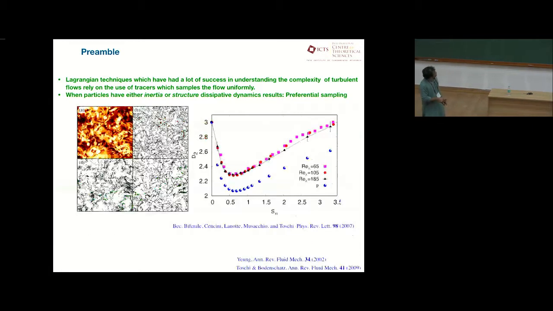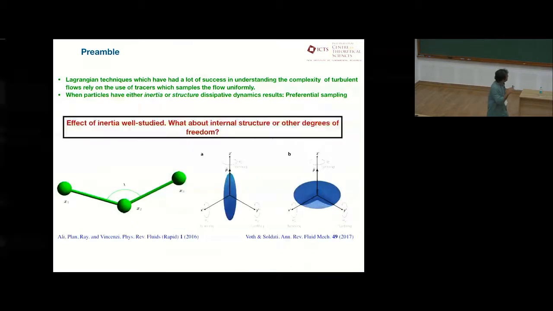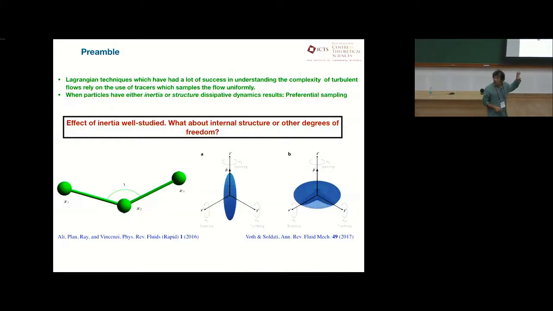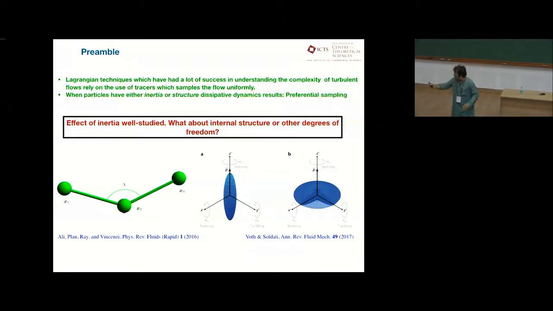However, when you have inertial particles, that's one sort of particle that I had flashed, you end up with preferential concentration, and you sample only a bit of that phase space. So you preferentially sample the flow. That is well studied. Various groups have studied the role of inertia. It still continues to be a big industry for many groups to understand what inertia does in cloud microphysics. That's the model that we use.